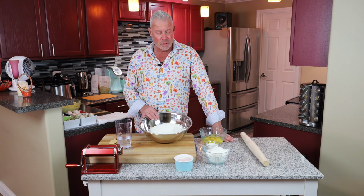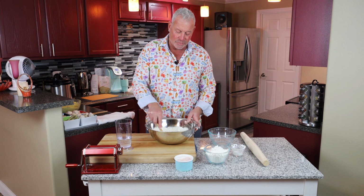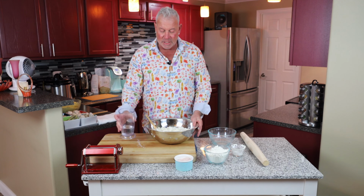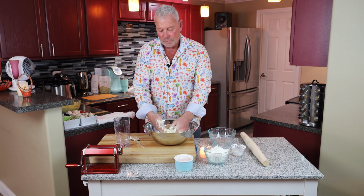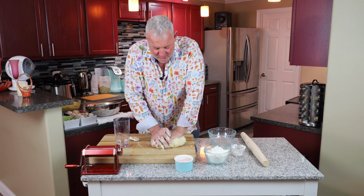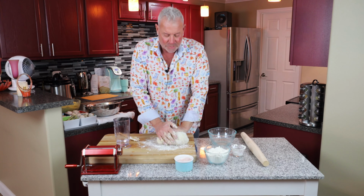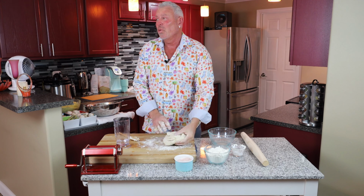And now I'm going to start making the dough for the pierogis, and we're going to add 6 eggs along with 1 cup of water and 1/2 a cup of sour cream. I like to use 1 egg per cup of flour. So then we're going to knead it really good, and then we're going to let that rest for about 30